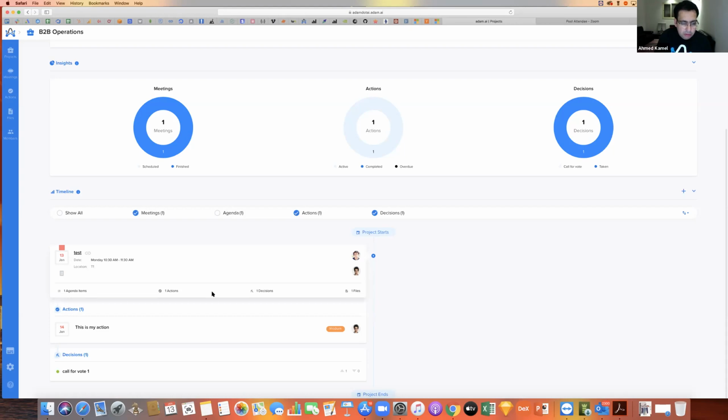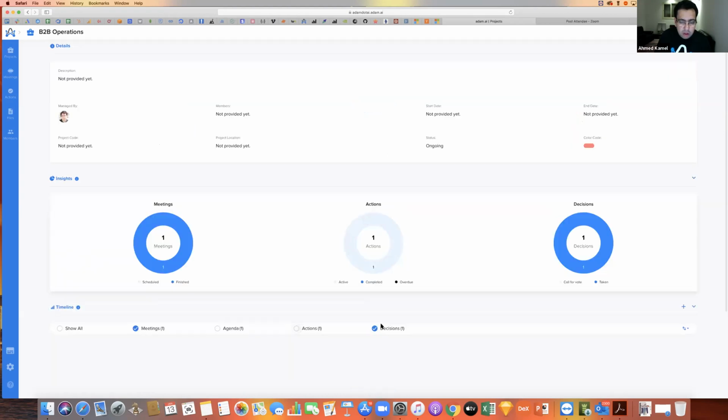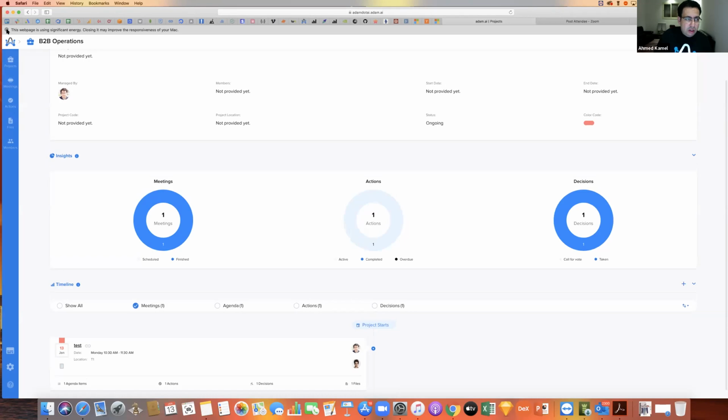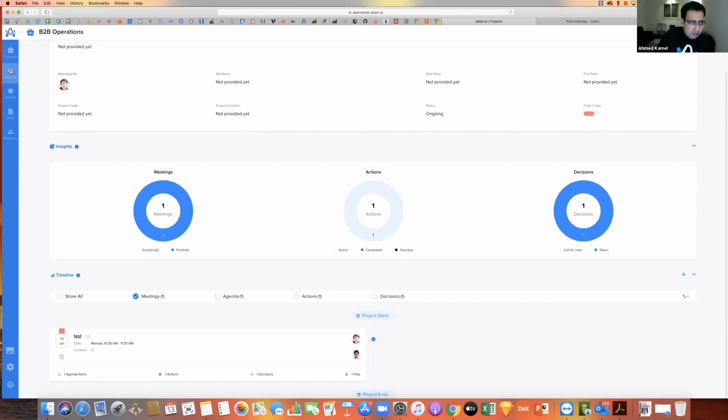You have some small insights here as well in every meeting card. You can see, if you would like to see this as just the meeting card, you will have these insights shown to you. So this is regarding all the activities that you can do so far in the projects,